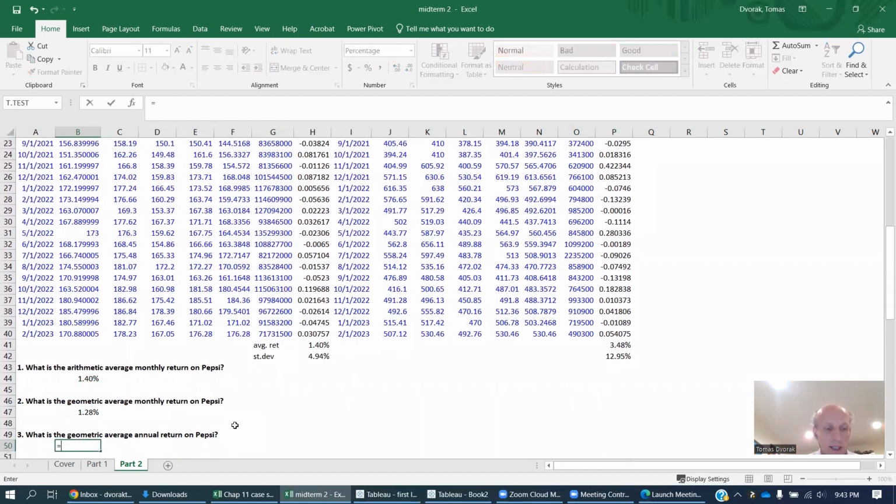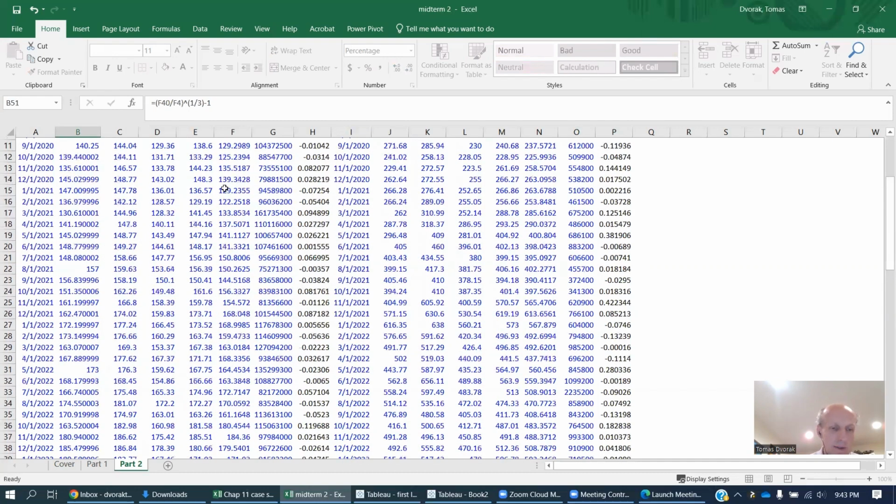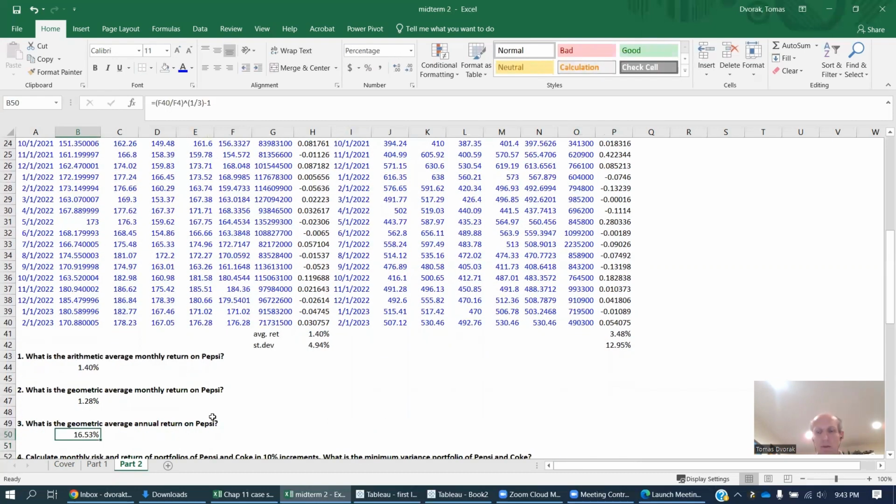Getting a geometric average annual return, well, I can do the same thing. I can see that I ended with $176 and started with $111, and now I need to raise it to the T-th root. What is T in this case? In this case, it's 3 years. So I'm going to divide that, raise it to 1 over 3 minus 1 gives me 16.5%. So monthly average 1.2 goes down to about